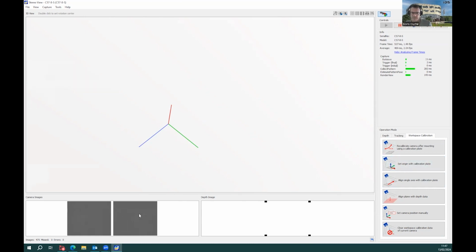It will be displayed and overlaid live in the camera images. I cannot show it right now because I'm using a virtual camera, but you just hit this button and it will redefine the origin of your coordinate system. This is one of the first things that you usually do when you work with an N-Sensor camera.